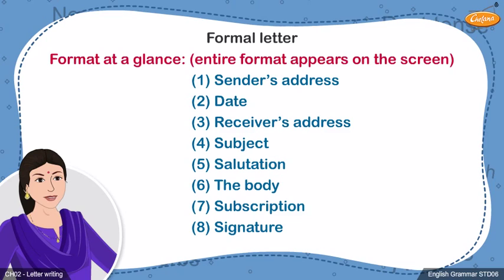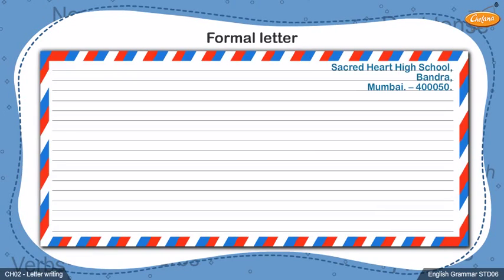representative of the school. Therefore, the sender's address would be the school address, and can be written in the following manner. 1. Sender's address: Sacred Heart High School, Bandra, Mumbai 400050. 2. Date: 25th October 2020. 3. Next, we write the receiver's address: The Manager, MS Sai Sports, Civil Lines, Thane